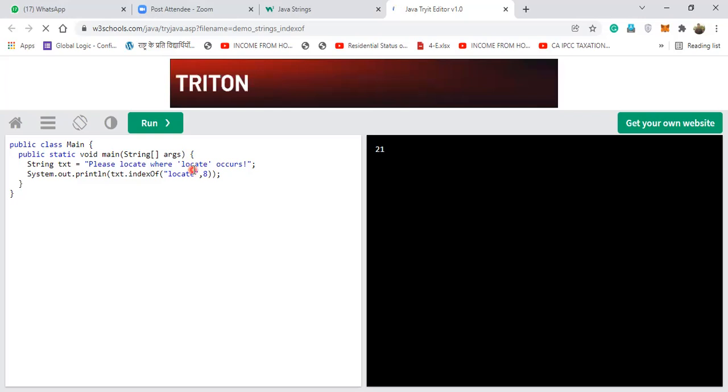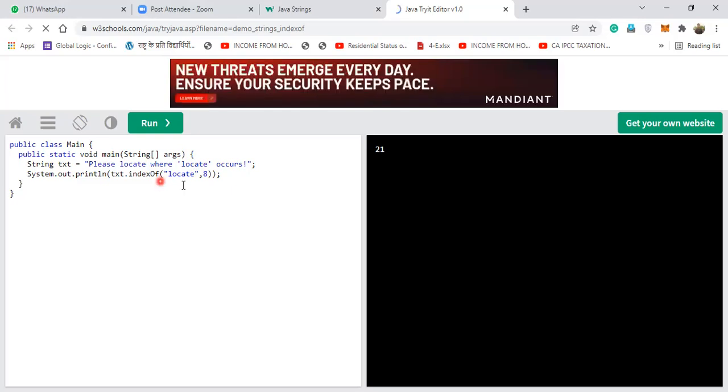So the previous one, what are the index of ones called? Constructor. Do you remember I told you constructor overloading and function overloading? Yes, ma'am. So this is an example of function overloading. Okay? See, previously when a single parameter was given, I have given 2 examples here. I'll just write that. Index of, one was string, and the other one was index of, one is string and another one is integer. So here I have given you both the things.